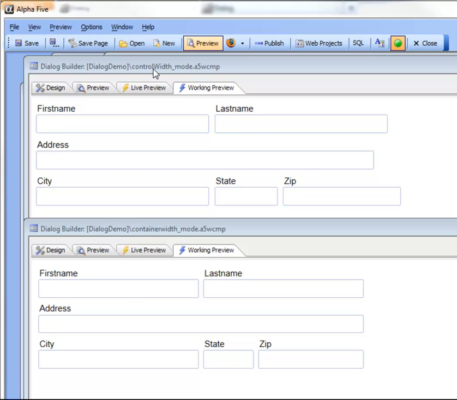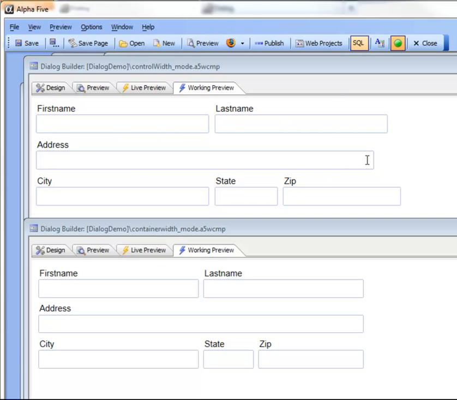So you can see that in this top dialog over here, the first name and last name both have a width of 3 inches. Address has a width of 6 inches. City here has a width of 3 inches. This is 1 inch, and this is 2 inches. So even though the total width of the controls on each line adds up to 6 inches for each line, the right edges of each line are not properly aligned, and that's because the 6 inches that applies,